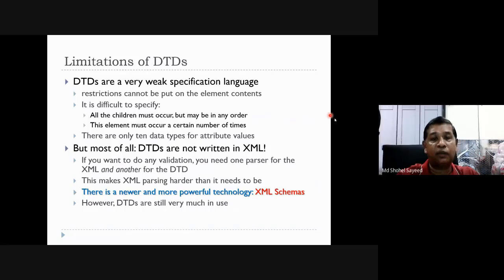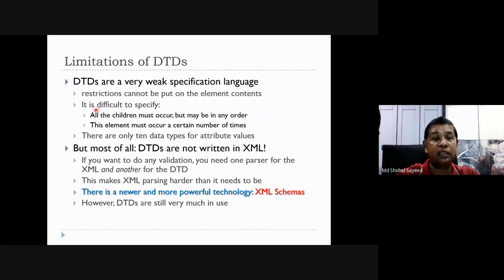Next, the limitations of DTDs. What is the limitation of document type definition? Document type definitions are a very weak specification language. That is, restrictions cannot be put on the element content.